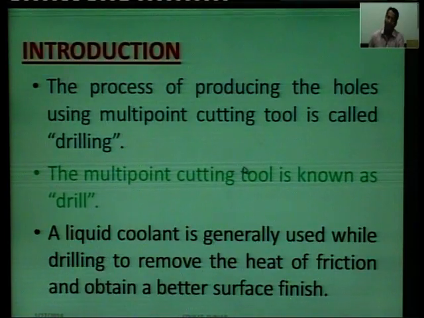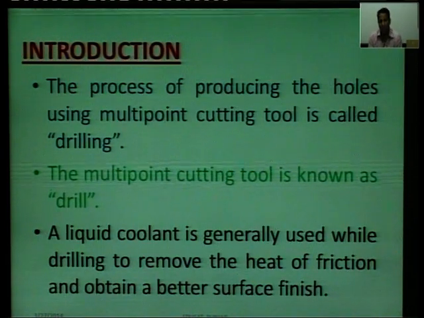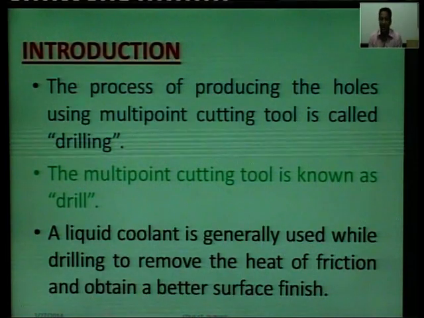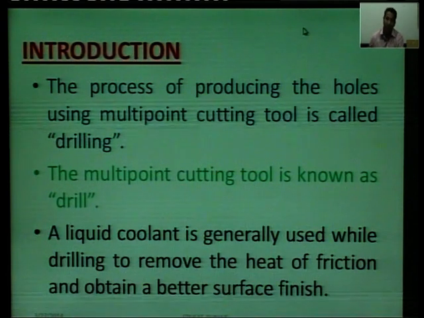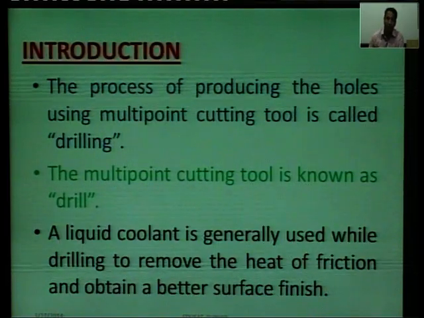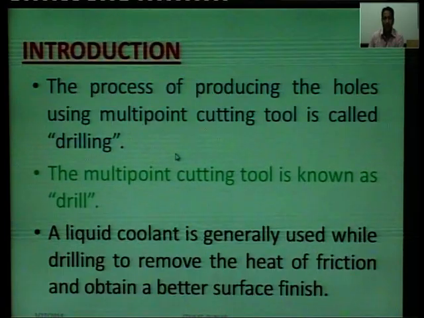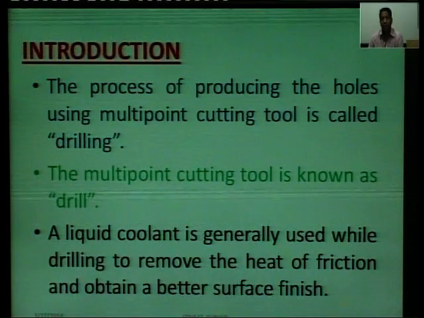So what is drilling? This is the process of producing a hole in the workpiece with the help of a tool, and that tool is not a single point cutting tool, it is a multi point cutting tool. Single point cutting tool means the tool has one point. Examples are the tool used on a lathe machine and on a shaper machine.